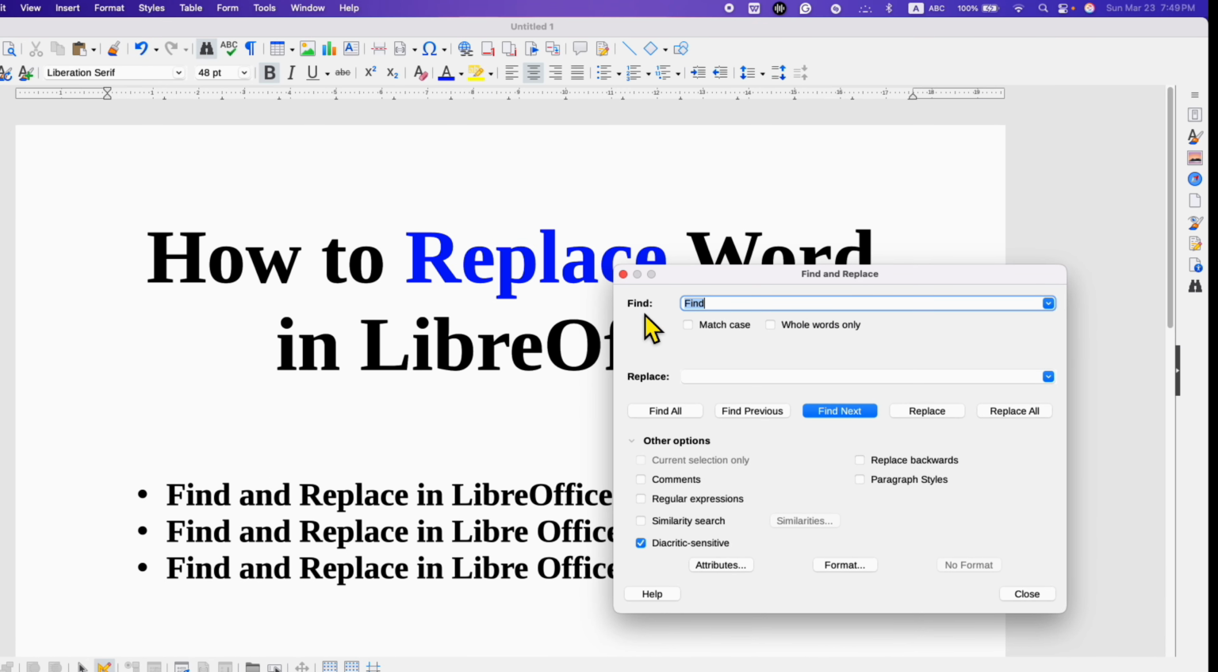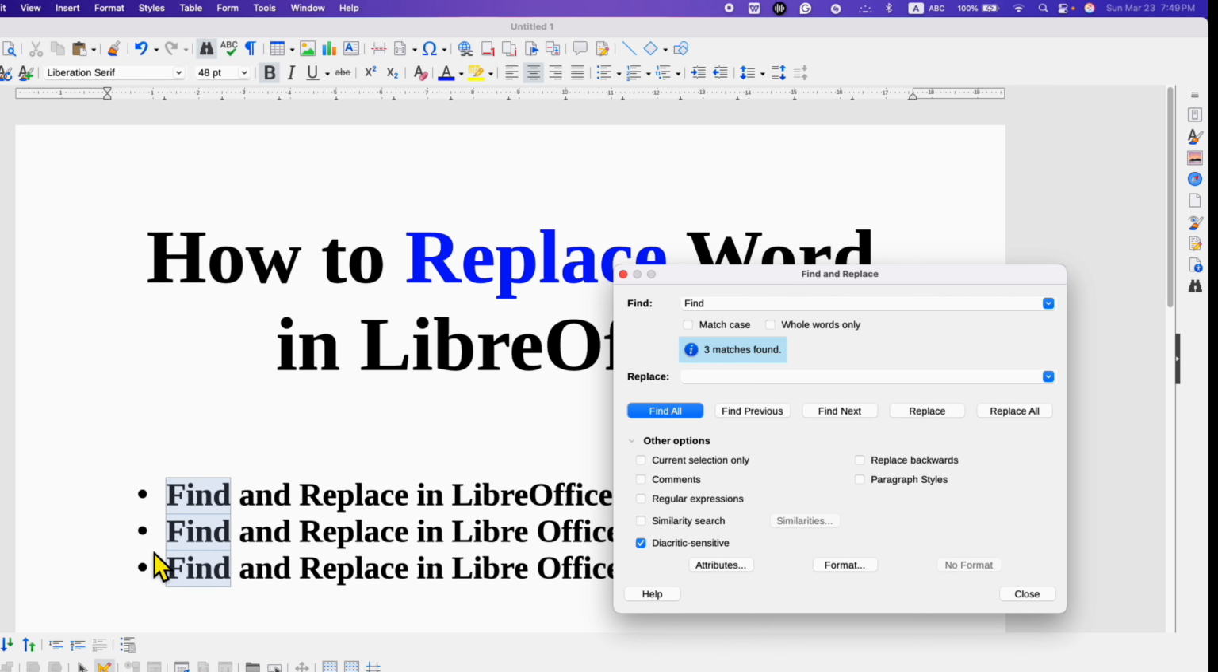You will have here two options. First is Find and next is Replace. So for example, we will find here "find", and if you click on Find All, you can see that these are the words that are present in the document, and if you want to replace them, you can just type,